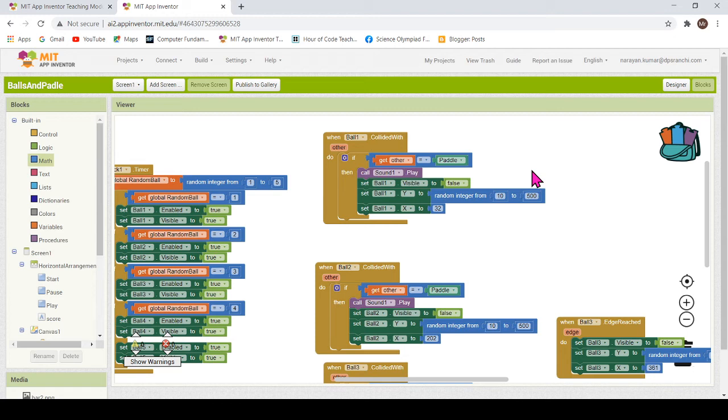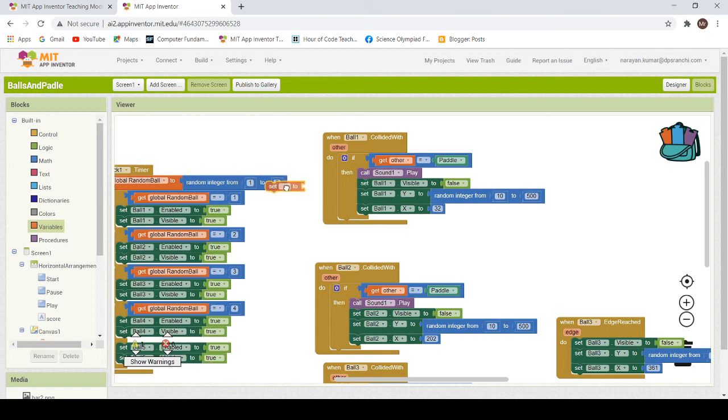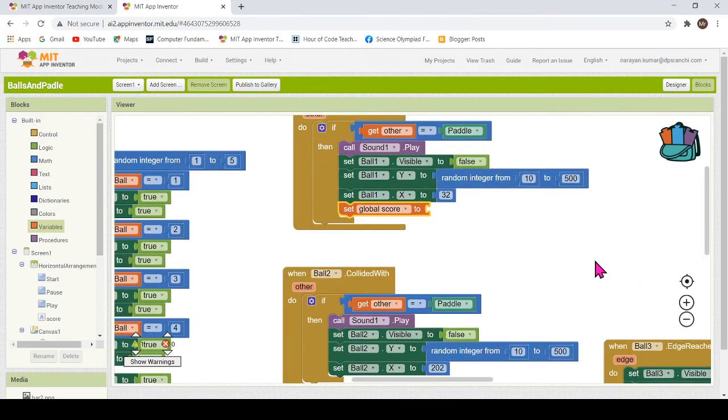Let's give 5 marks. To give 5 marks, I will set that variable first. I will say set global variable, which global variable? Score. Let me zoom a bit, it will be easy for you to see.